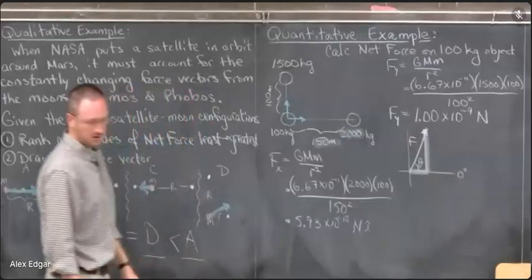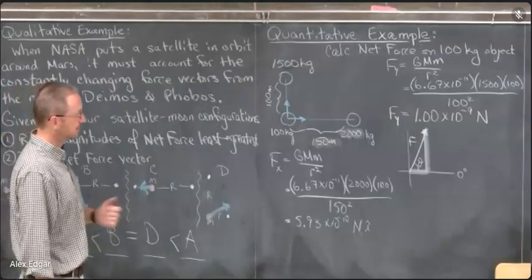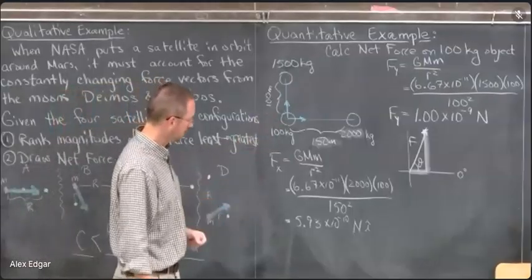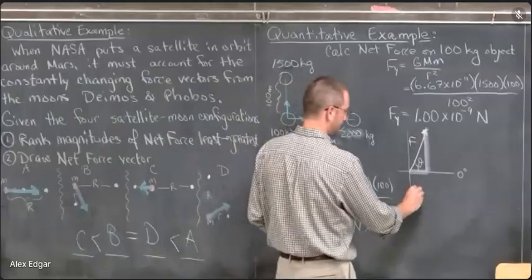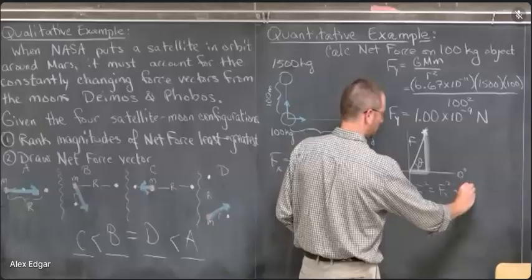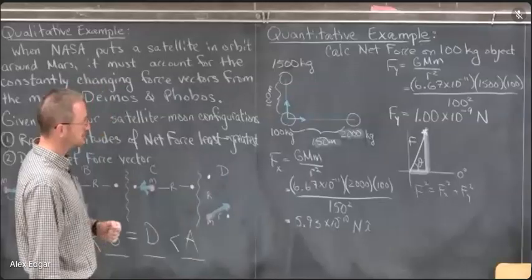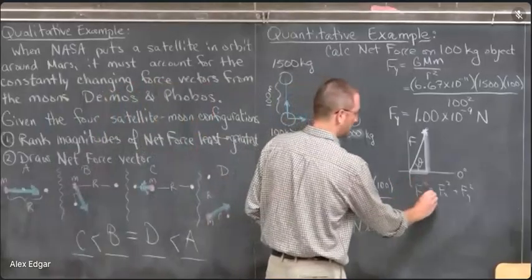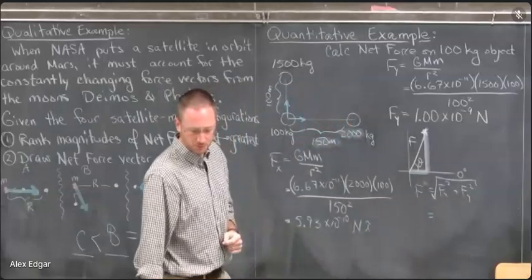The overall force, being the hypotenuse of that triangle, we can find by the Pythagorean theorem, and then the angle we can find by doing the inverse tangent with the y force over the x force. Let's look at that. The Pythagorean theorem says take the two legs of a right triangle, in this case a force triangle. Add the squares, and then take the square root. That will get us an overall force of